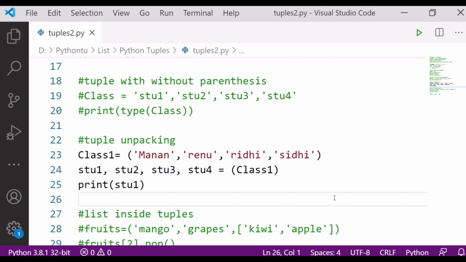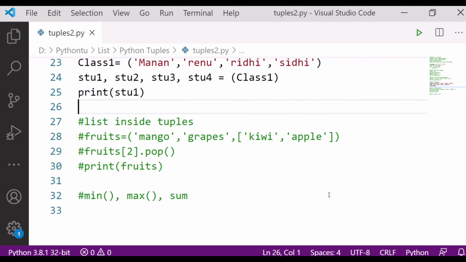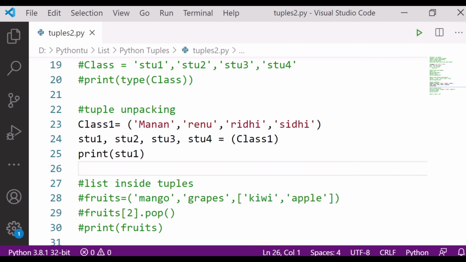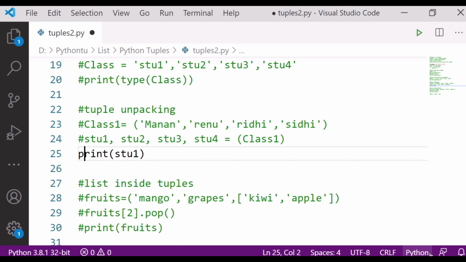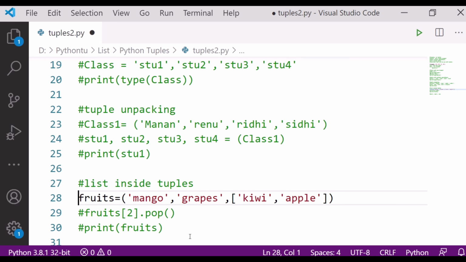Next is list inside tuple. We know that we cannot add, pop or append in tuples. But if we have a list inside the tuple, can we do the same? Let's see. I have created a tuple, fruits: mango, grapes, and here is my list.